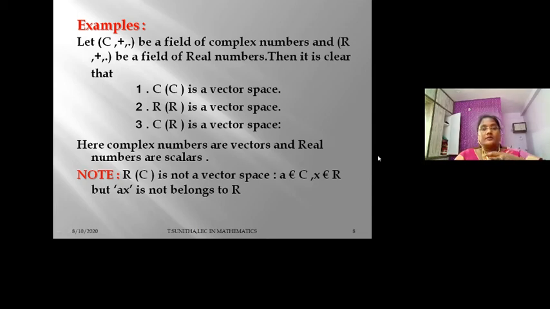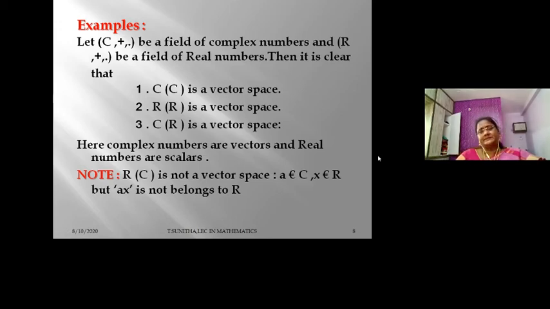And the second point is external composition, that is, scalar multiplication should be defined. What is scalar multiplication? Whenever we take a belongs to C and alpha belongs to R, then a alpha belongs to C. Then only it is satisfied. Here it is clear, but we have to note that R of C is not a vector